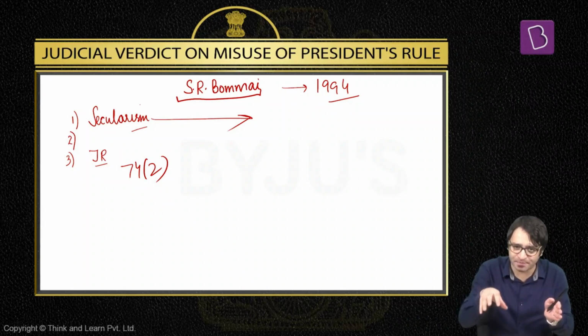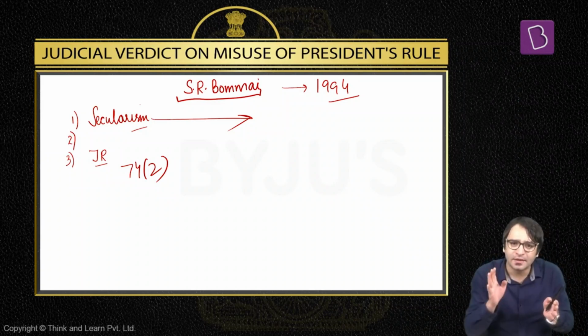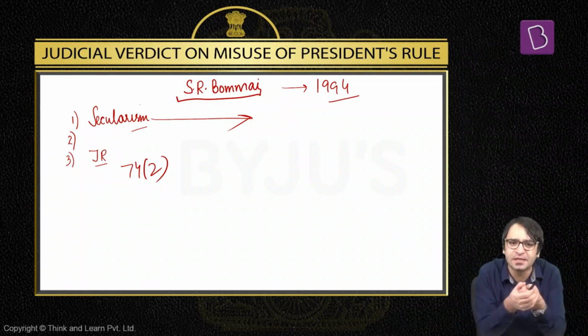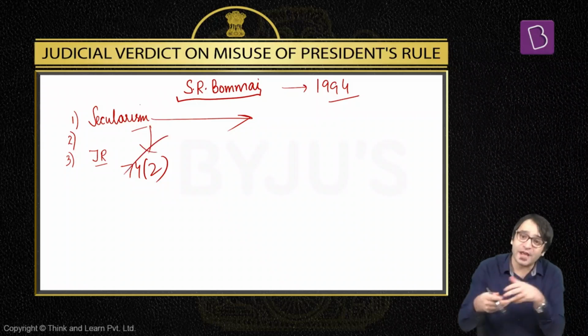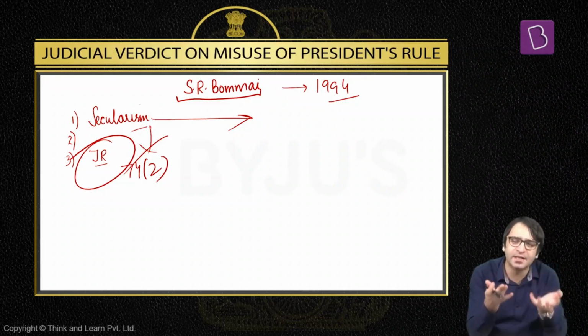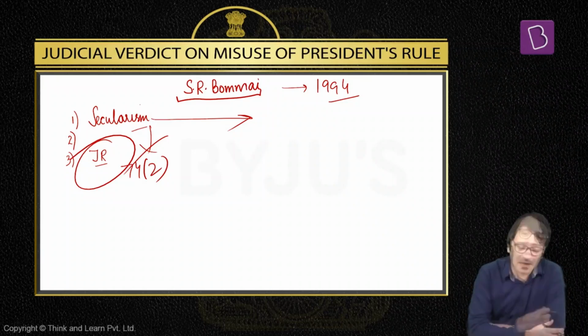So President's rule is imposed by the President, basically on the advice of the cabinet. But this advice of the cabinet cannot be inquired into in any court of law. That means the court cannot ask the President, show me this advice, or ask the Prime Minister, tell me what is this advice that you have given the President, because there is Article 74, Clause 2. So if the Supreme Court in the SR Bommai judgment is saying that there will be judicial review, how will there be judicial review when the advice tendered by the Council of Ministers to the President cannot be inquired into in any court of law? The government lawyer told this to the Supreme Court.